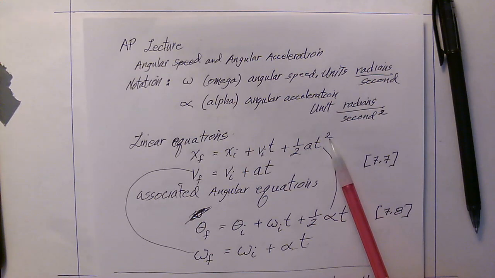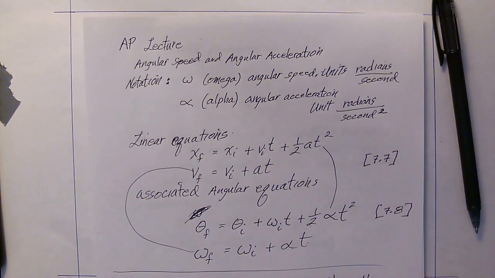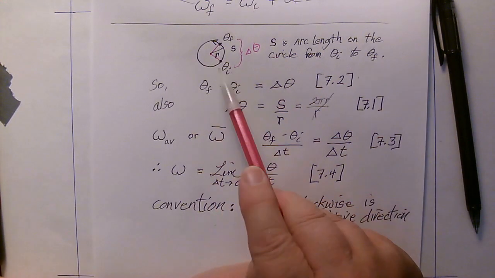1/2 a t squared, and it is similar to and associated with theta final equals theta initial plus omega i t plus 1/2 alpha t squared. And those are equation 7.8. 7.7 says velocity final is equal to velocity initial plus a t, which has associated omega final equals omega initial plus alpha t. And as we're talking about things going in a circle around a center, we have an initial position